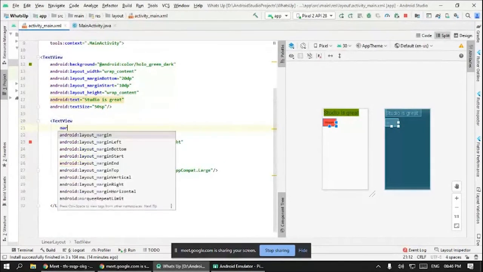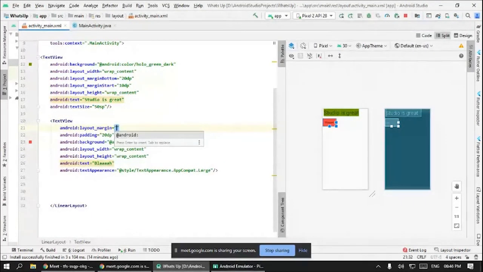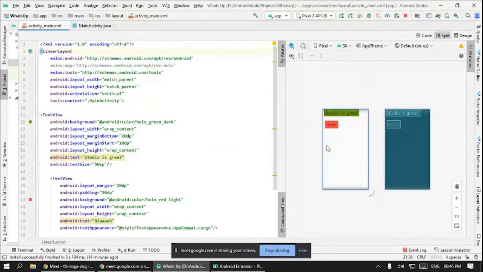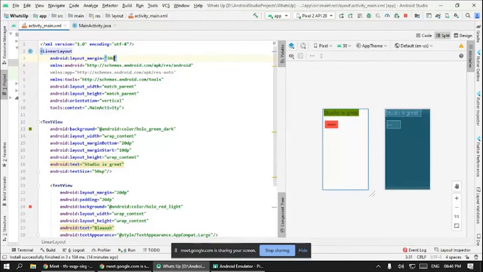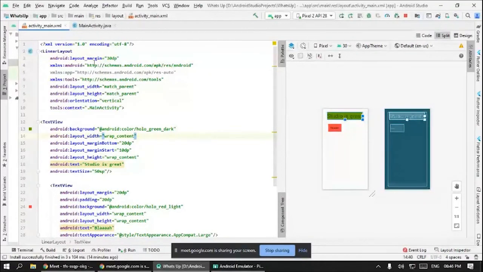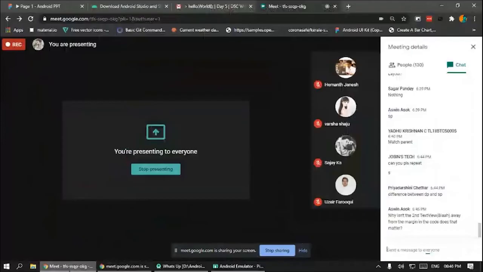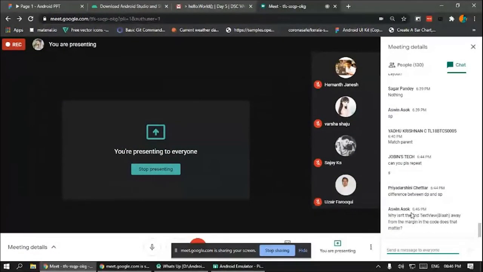If I gave margin here, like 20 dp, yeah, it will move. Obviously, it did move, right? I can also give margin inside here, like margin 30 dp. It will all move. There is a lot of margin in there. I think that answers your question.